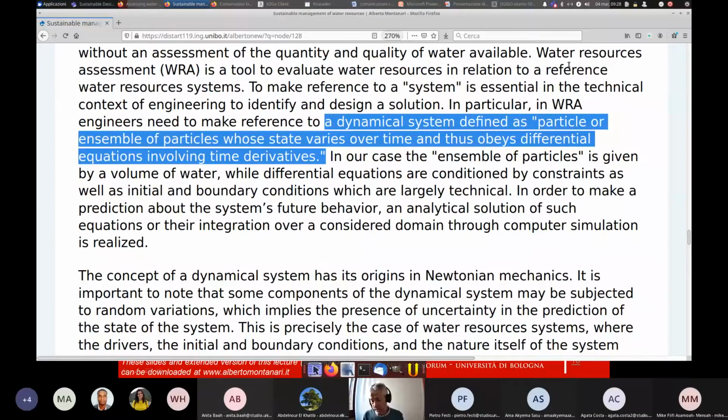You may wonder why the description of a dynamical system requires the use of differential equations. And I want to tell you why, because of course differential equations are a bit of a complication. First of all, what are differential equations? Let's suppose that I have to describe a variable, which may be the volume of water in a lake. It's a very simple variable related to water resources assessment. Again, let's think of a volume of water in a lake, okay? Sometimes I cannot directly write an explicit expression for the volume of water in the lake. And let me make an example